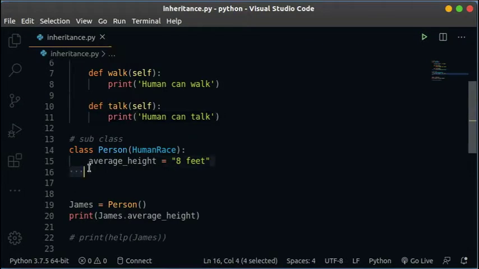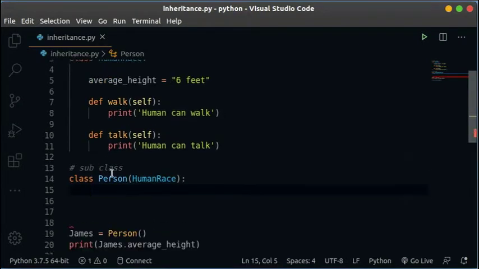the super keyword. A super keyword is a keyword used in Python that is used to access the methods of the parent class or the super class. So for example, in here we can say